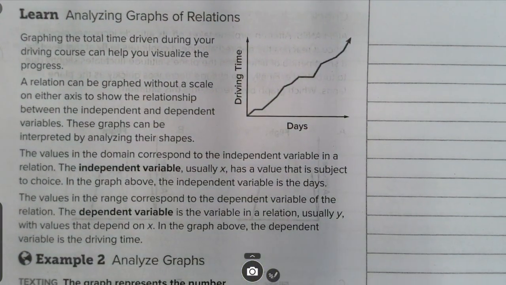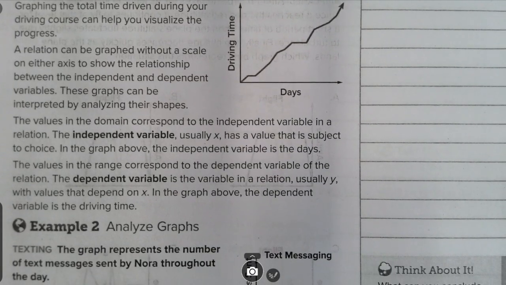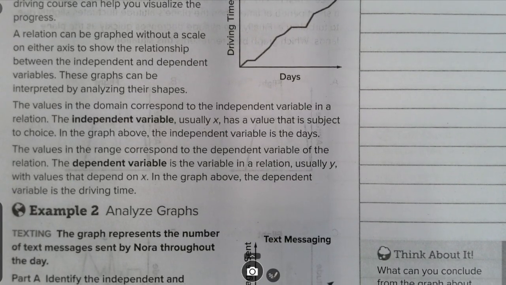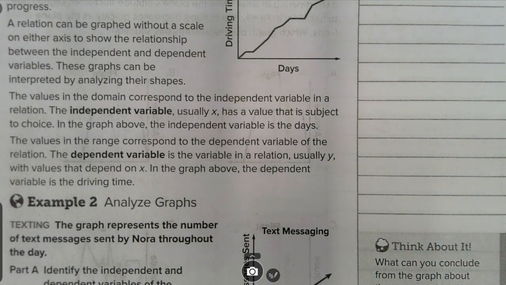Learn. Graphing the total time driven during your driving course can help you visualize the progress. A relation can be graphed without a scale on either axis to show the relationship between the independent and dependent variables. These graphs can be interpreted by analyzing their shapes. The values in the domain correspond to the independent variables in the relation. The independent variable, these were the ones we didn't talk about from the beginning. So, independent variable